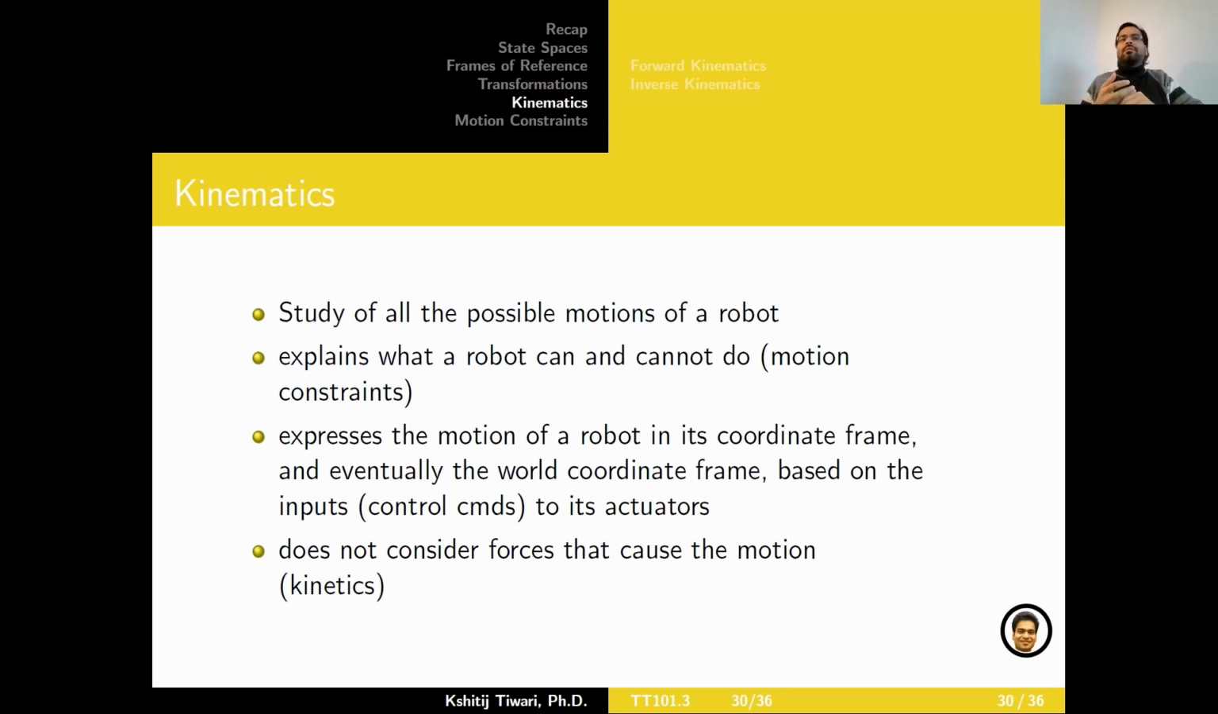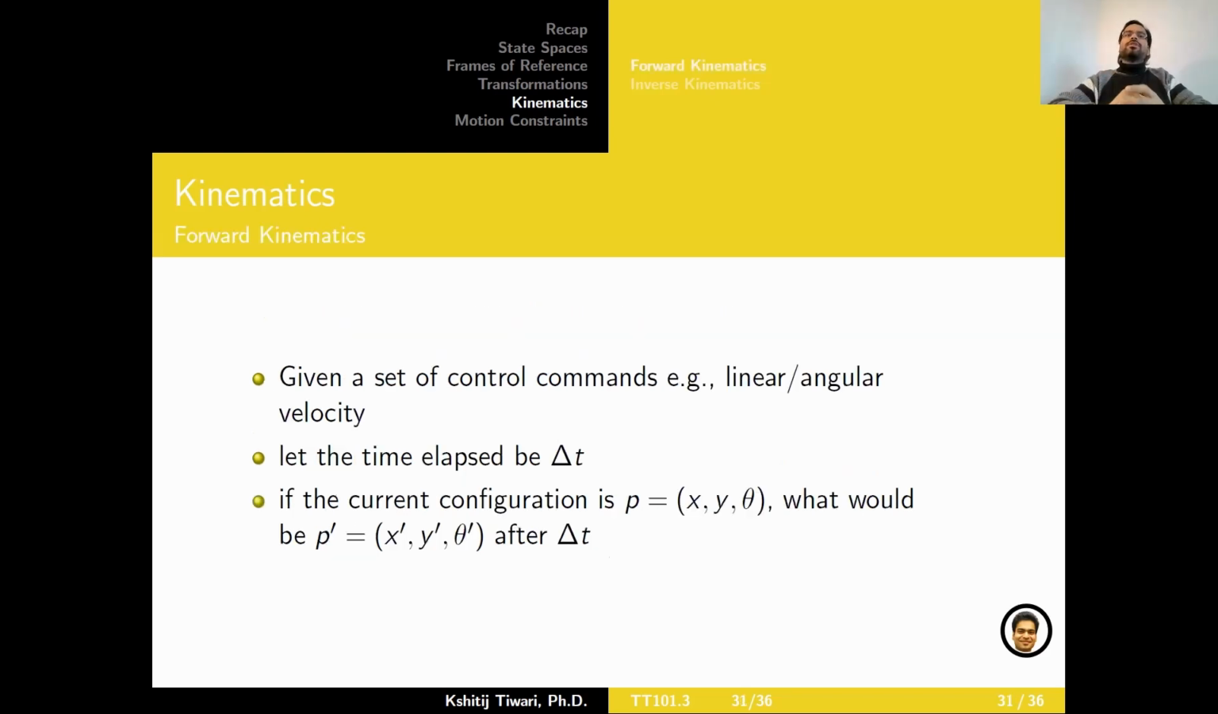It cares about what all possible motions that the robot can and cannot do. Okay, so the first branch of kinematics is called forward kinematics, which basically means if you're given a set of